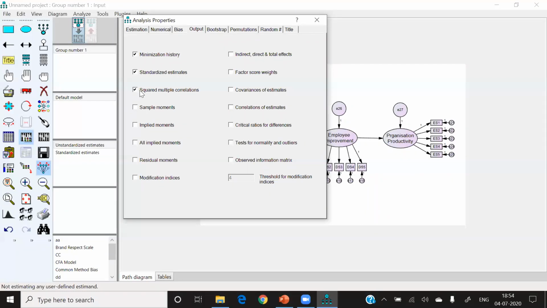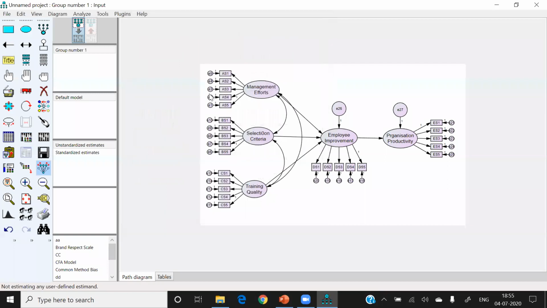We want to see the R square, because R square is very important for a structural equation model, as it examines the explanatory power of the model. After that, we can go for correlations, and then the test of normality and outliers. After clicking on all these things, I'm closing it.